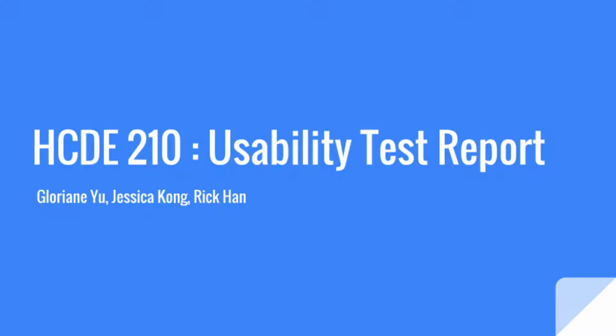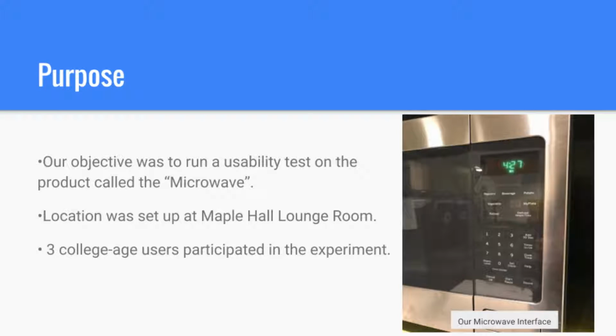HCDE 210 Usability Test Report. Members involved: Gloriane Yu, Jessica Kong, and Rick Han. The purpose of this report is to show our objective, which is to run a usability test on a product